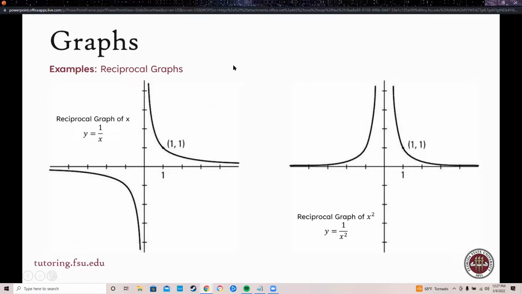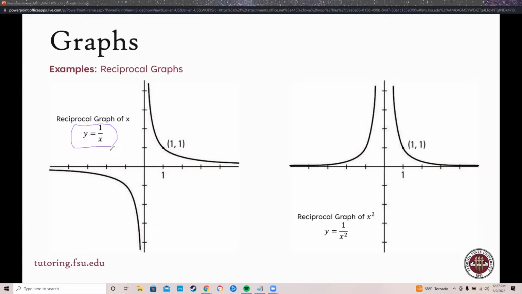All right, so graphs that are a little bit harder to memorize, but are equally important, are reciprocal graphs, logarithmic graphs, and root graphs, which are going to be the next things that we talk about. A reciprocal graph would be, instead of y equals x, y equals 1 over x. Since I have x in the denominator, and we know that 0 can never be in the denominator or else we get an undefined term, then I have something called an asymptote,